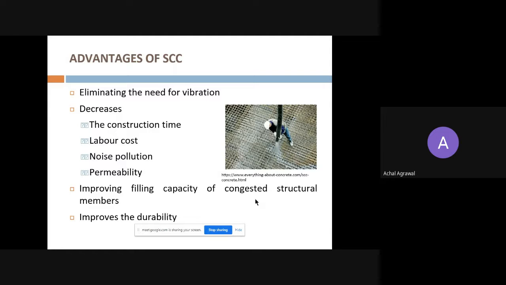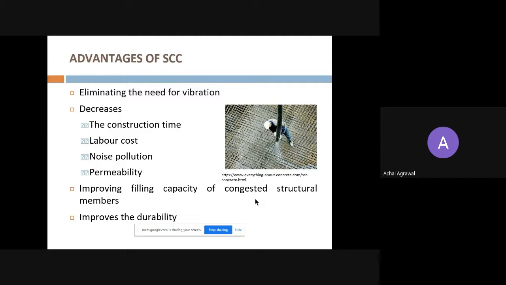Second, it can also be used in structures which are severely affected by the environment, which are exposed to severe environmental conditions. Because this is a special concrete, in its design we reduce the percentage of coarse aggregate. In conventional concrete, we generally use 35 to 40% coarse aggregate, right? But in this kind of concrete, we reduce the volume percentage of coarse aggregate and replace it with fillers. It may be cementitious material, it may be fine aggregates, right?